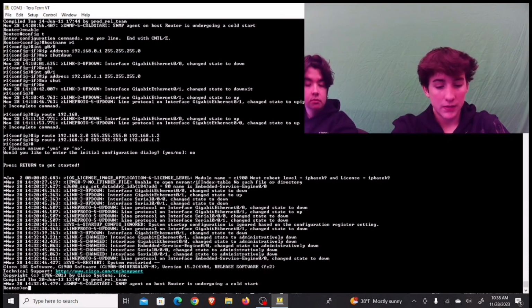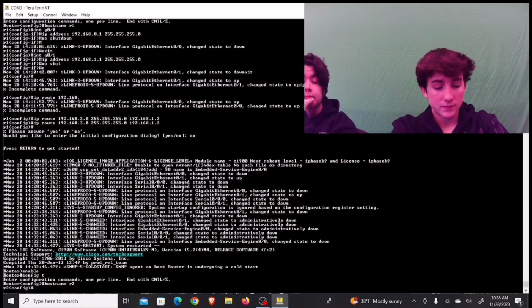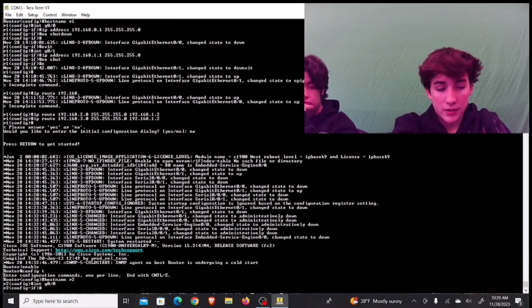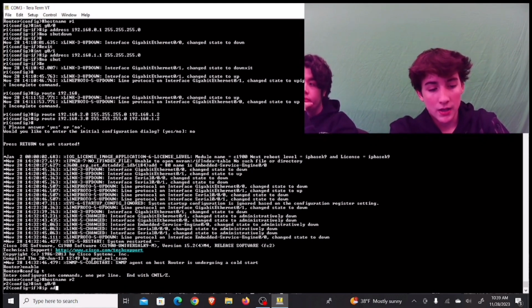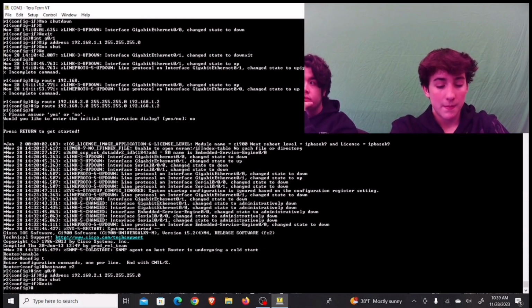Press enter. We're going to type in enable, config T. We're going to do the same thing on how we configured it last time, but we're going to do the host name R2 because we're working with router 2. Now we're going to do int G0/0 because we're going to configure the new port on router 2, the 0 port. Then we're going to type in IP address 192.168.2.1, 255.255.255.0. We're going to press enter, no shut, then we're going to press exit, then we're going to type in